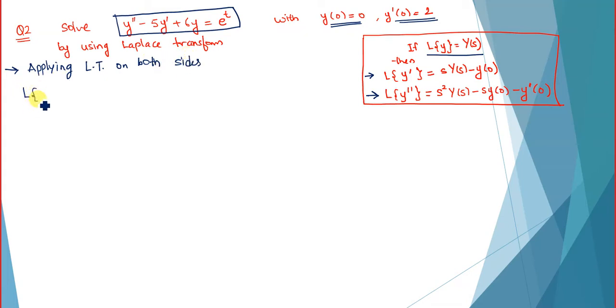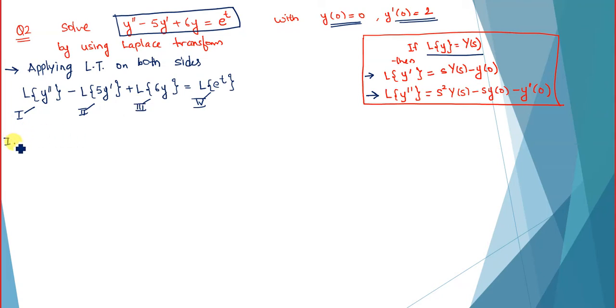What we get? Laplace transform of y double dash minus Laplace transform of 5y dash plus Laplace transform of 6y equal Laplace of e power t by linearity property. Then we name the terms as 1, 2, 3 and 4. The procedure is same, just the number of terms increased here. Laplace of y double dash. So by using this formula, this is s square Y of s minus s y of 0 minus y dash